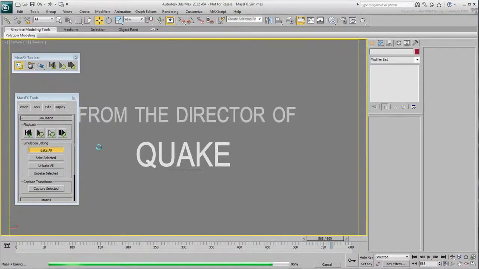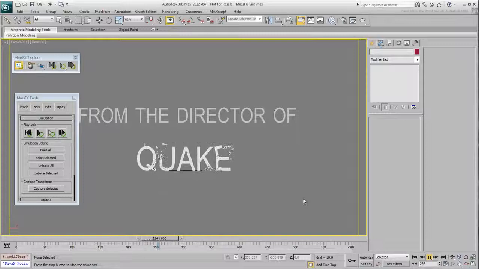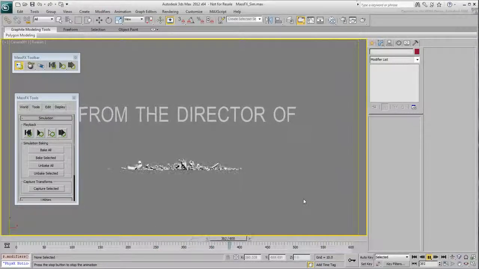In this tutorial, you use the MassFX dynamic simulation to animate text crumbling under the effect of an earthquake. In order to achieve that, you also learn to break down an object into pieces using a couple of different techniques. These techniques involve Pro Cutter, which is available in 3ds Max. The other involved a freeware script called Fracture Voronoi, available for download from